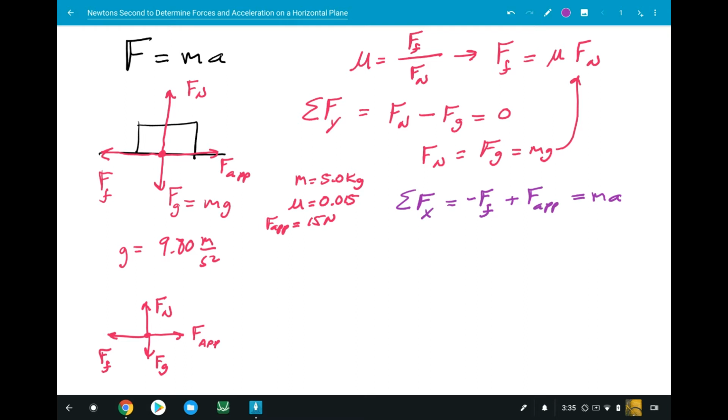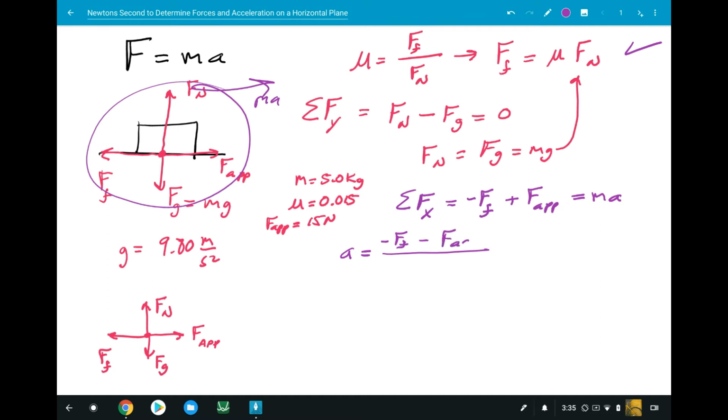In this case, I'm going to say to the right, a force of ma. So now we can find also the acceleration. We can determine the friction force from the equation right here in the right-hand corner, and we can now determine the acceleration. So A equals the force of friction minus the applied force